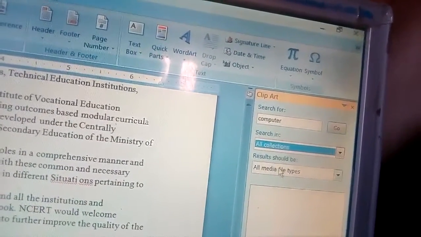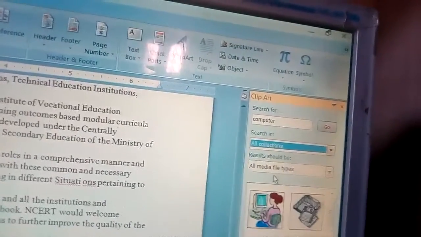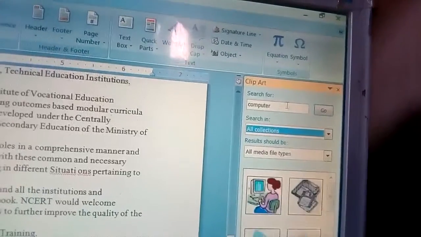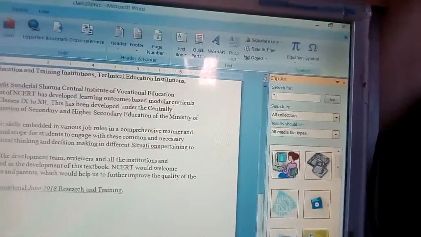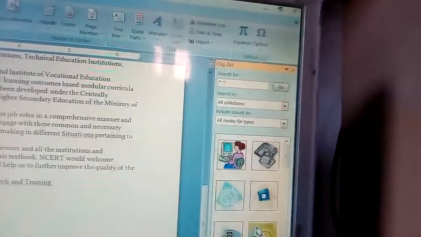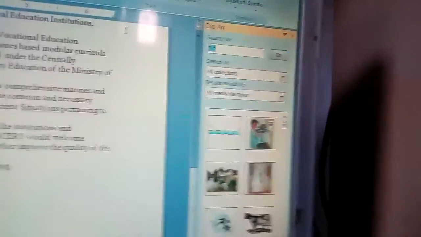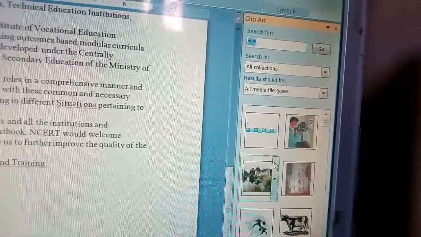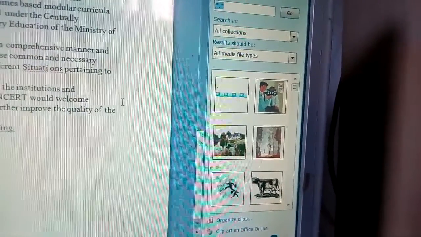All media files are here, and then press the enter key. So this is because the computer searches, so you just write down here star, then it will show you all the pictures that are in your computer, okay.